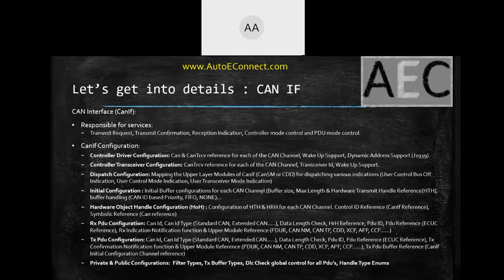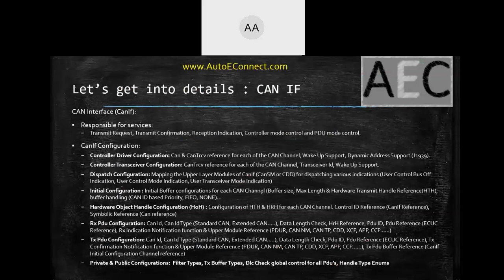Okay. So we are actually in the CANIF module. When we closed the previous session, we were talking about the private and public configuration. Like I mentioned, in the AutoSAR standard document, you will find many options that you can configure as a private or a public configuration. In general, these control things at a global level, enabling or disabling certain APIs to support the latest AutoSAR stacks from the previous version of the AutoSAR stack. Those are the different parameters you will be configuring in the private and public configuration.